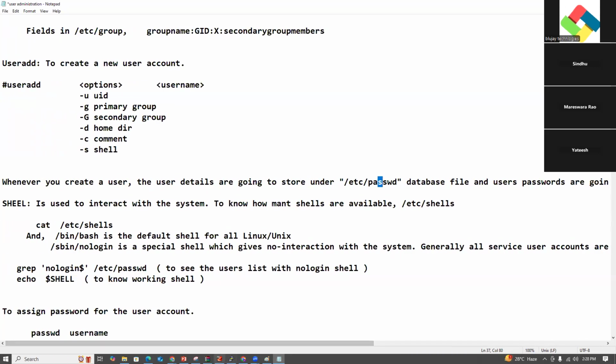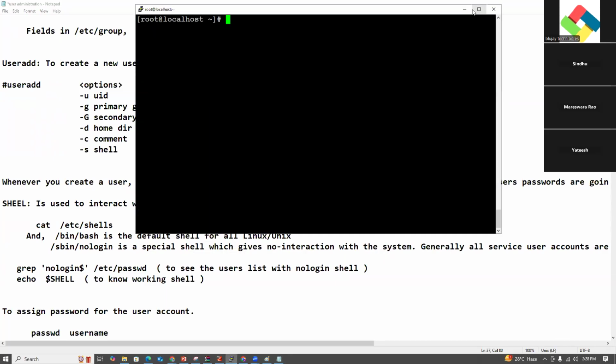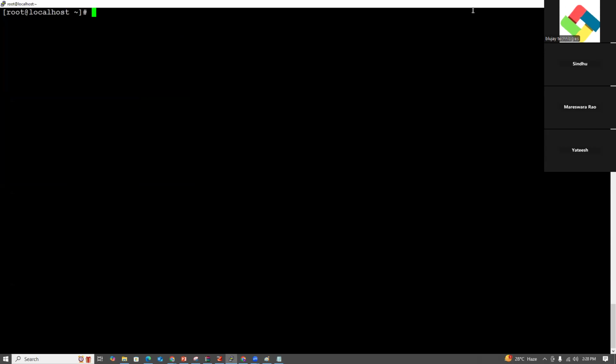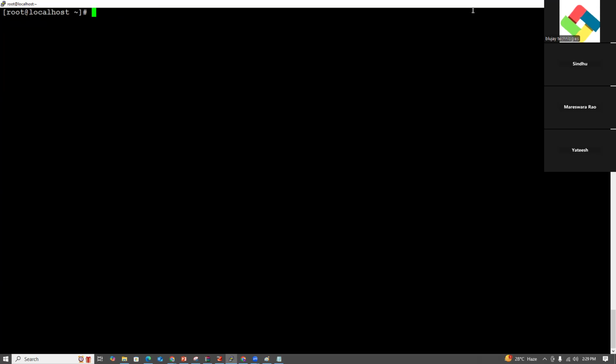Okay, the user information will be available in which file, guys? The group information will be available in which file? cat /etc/group. So this is the group information. I want to see the user information.